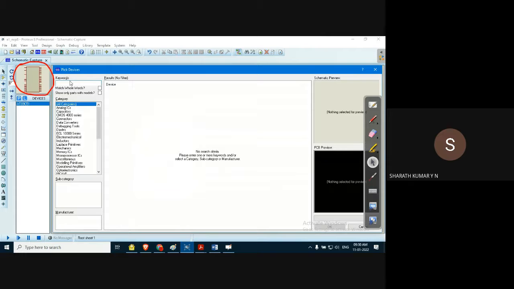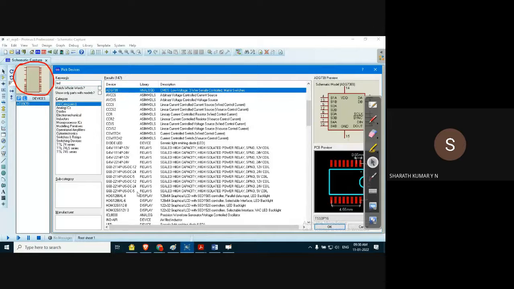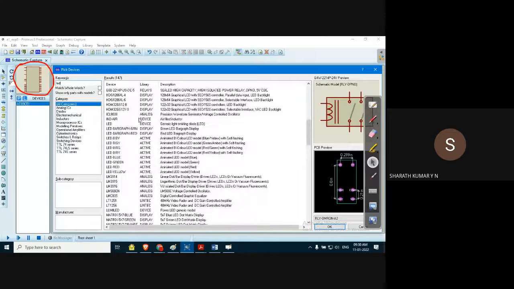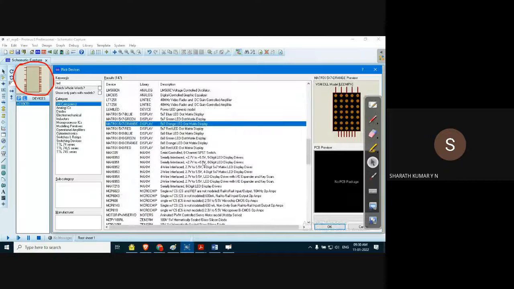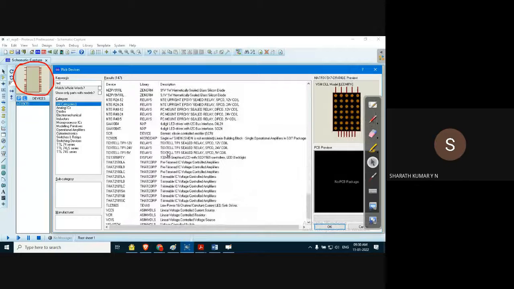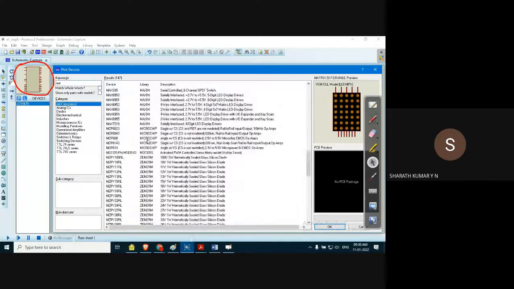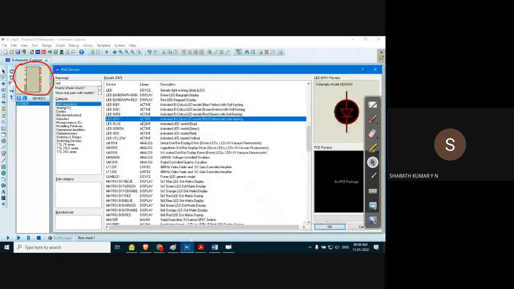For example, you can select LEDs. LED display devices. There are various types, like analog relays, a lot of things. Whenever you select LED, you have to select display. There are what is known as display, not this one, of course. I will tell you, not even this one. There will be LED display devices with various colors. I think this one. Yeah, here it is, guys.